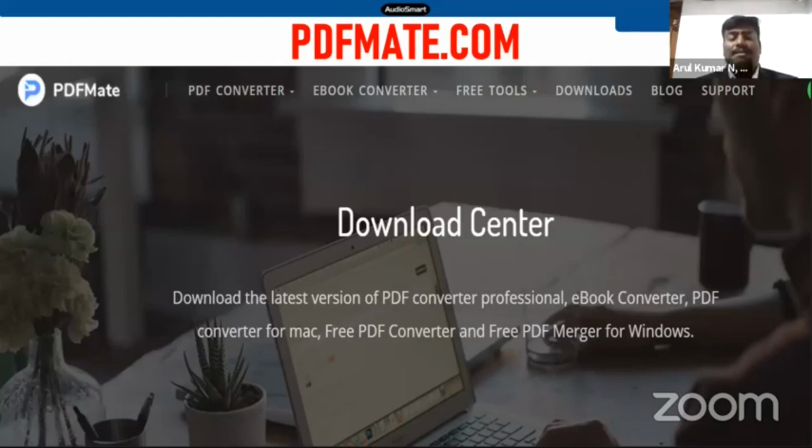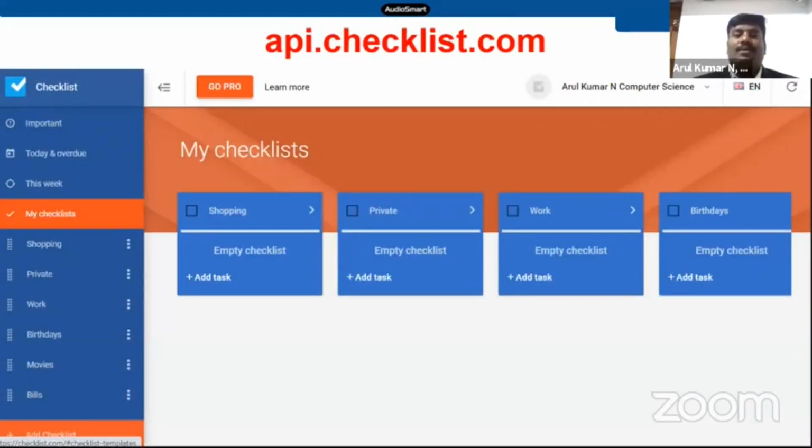The next one is an alternate to OneNote.com, where I can create a checklist online. I'm not going to show a demo of this one because I prefer OneNote.com compared to checklist.com. You can use this free software to create an online checklist when you are going for a class or going shopping. If you have a smartphone, you don't have to install this through the Play Store. You can create a checklist online by using your account at free of cost.